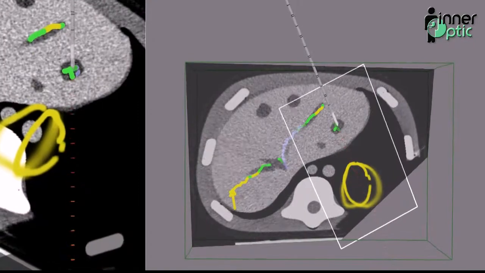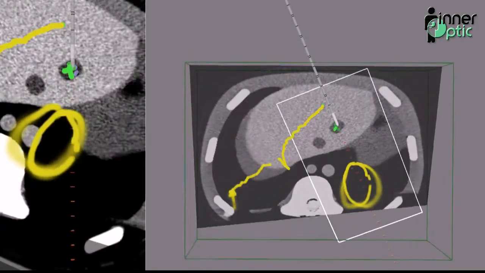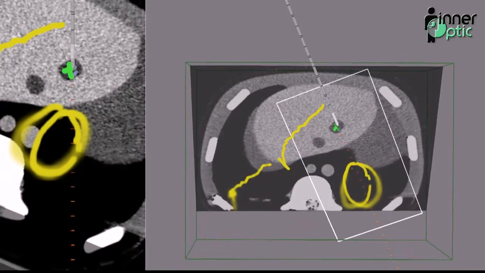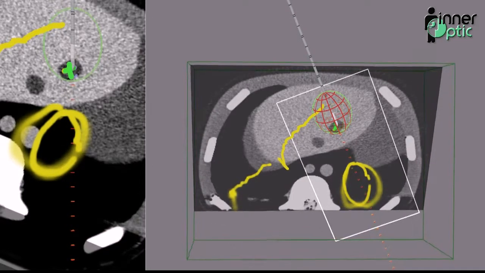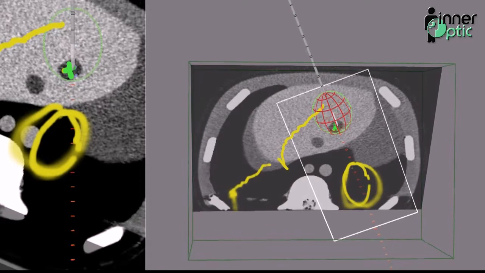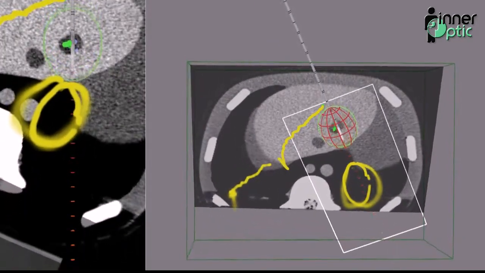So now the tip is properly in the phantom's tumor, and we can turn on the simulated ablation volume, and we can see with this particular needle it's not centered on the tumor, and that's because the center of its volume is actually up the shaft a little bit, and that would be otherwise hard to understand. But so now I see that I need to sink the needle in further,